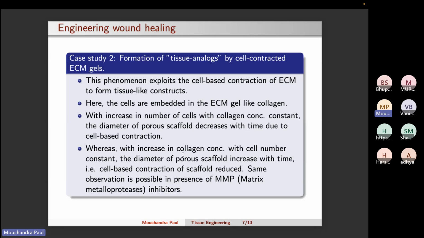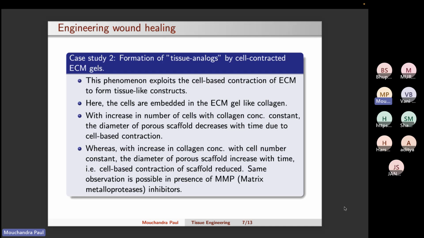The cells basically contract. You can imagine how snails crawl on a surface or on the ground. If any one of you have seen the way the cells crawl, there is one particular point where they contract a little bit. Similar kind of a thing also happens when cells contract on a substrate.